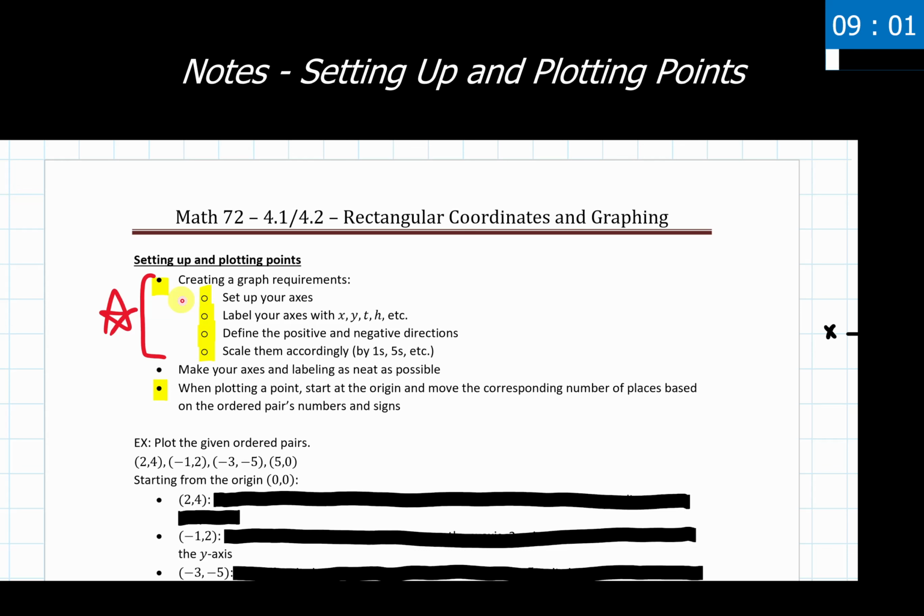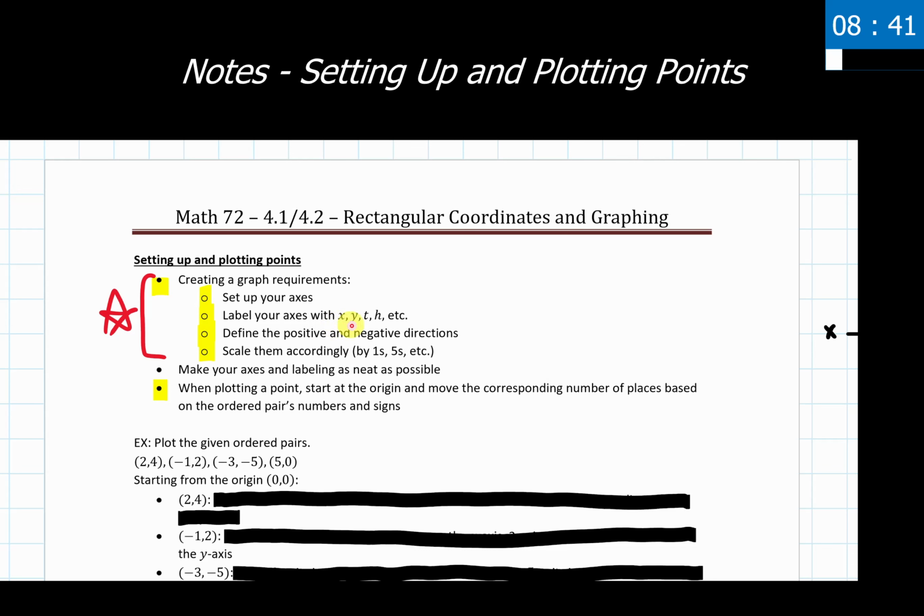So what are these? And then we'll take a look at two ways of writing this out and expressing this for our homework and for our tests in my class. So we want to set up our set of axes. That's the horizontal and vertical axes that we normally see with all graphs. We want to label the axes, which one's the x-axis, which one's the y-axis.